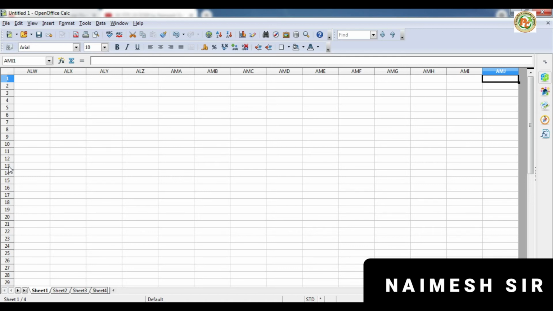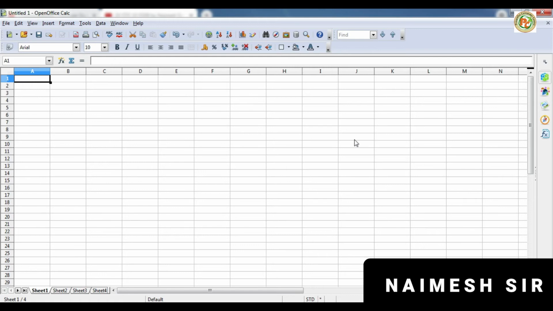Okay, so next, this is called the working area. If you want to move back, we can do it here, this is the working area. In that we can work. This is the row header, and this is called the column header. Okay, now after this we can see the scroll bars. This is called the vertical scroll bar, we can move up and down, and this is the horizontal scroll bar.